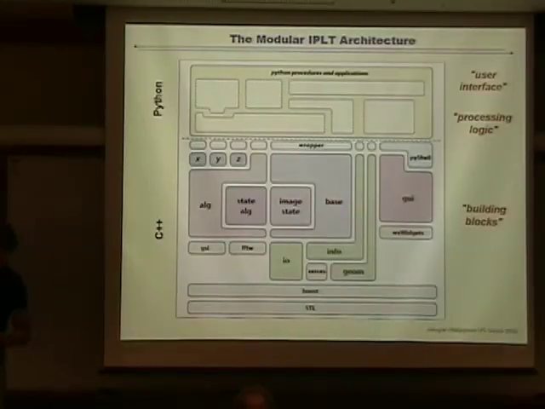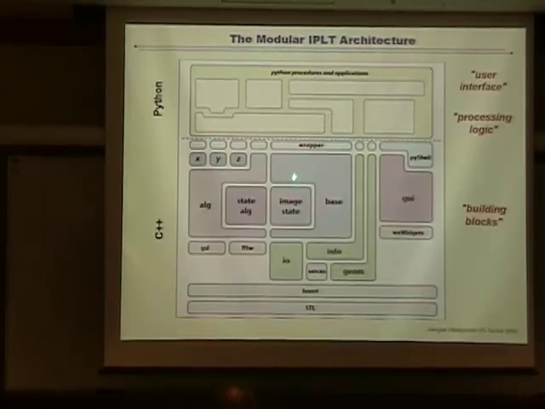Now here is a compact summary of the IPLT architecture that should tell you pretty much everything. It is built from two languages, C++ and Python. And these languages are perfectly suited to live next to each other and to complement each other. Now, we're using a fair set of tools that are open source and available. Built upon this are our low-level input-output routines, the wrapping of XML, geometric library like vectors and matrices and stuff.